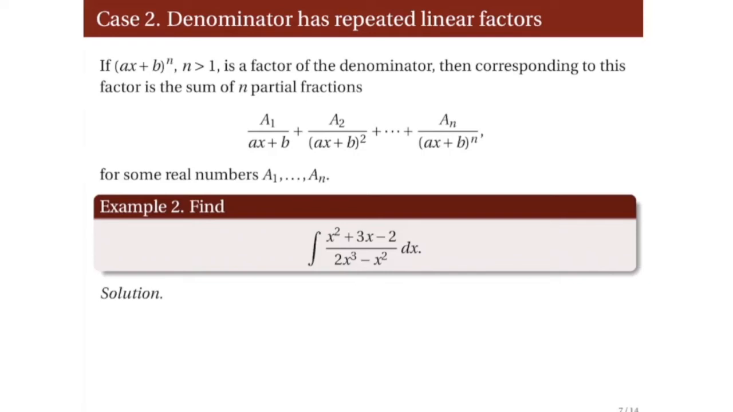We continue with case number 2, wherein the denominator has repeated linear factors. So by repeated linear factors, we mean here that the denominator has a factor of the form given by ax plus b to the nth power, where n is greater than 1. So if this is a factor of the denominator, then corresponding to this factor is the sum of n partial